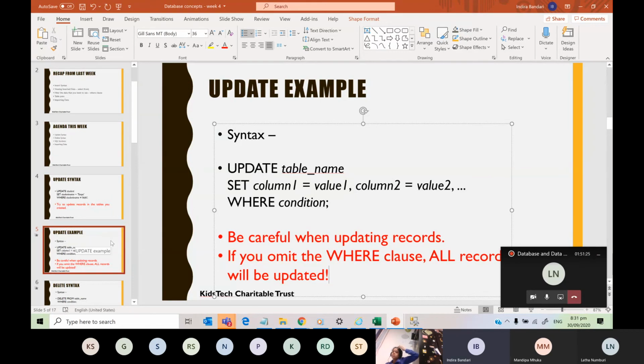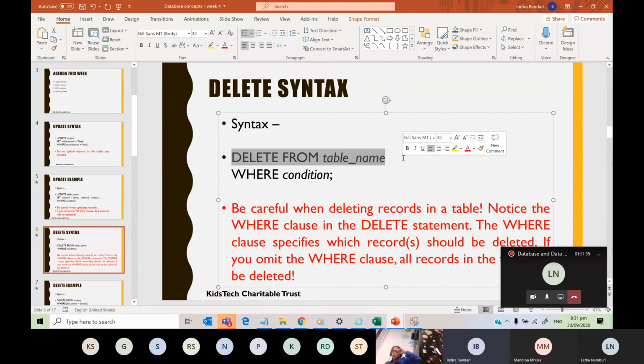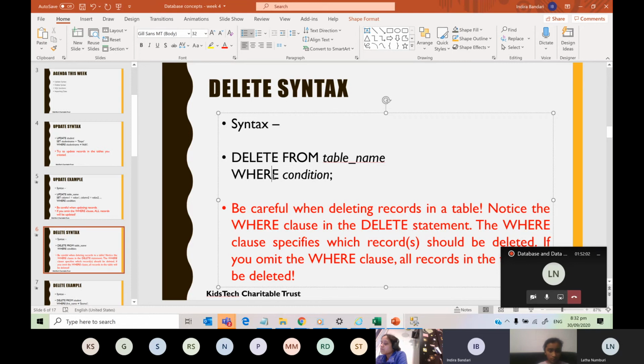Okay, did everyone get what update means? Yes. Okay, so now let's go to the delete syntax. Delete is the same. If you just say delete from table name, everything will be deleted. So delete is very, very important. Usually at workplaces, people don't have delete access, because there is a chance of getting everything deleted if they have delete access. So you need to be very, very careful when you run this delete command. You always have to have a where condition when you want to delete.